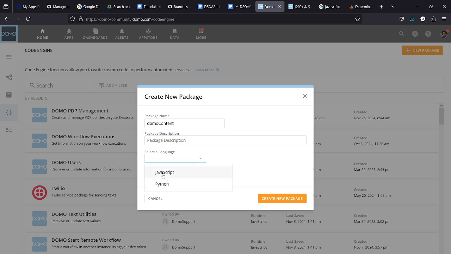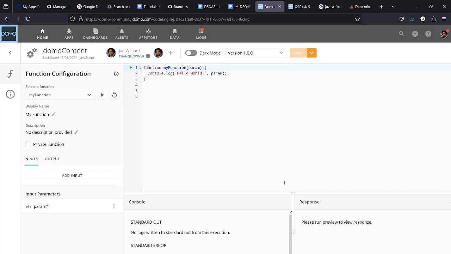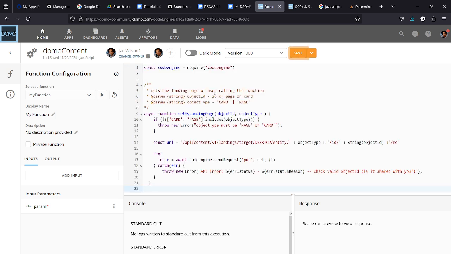So one of the problems one of my coworkers came up with was this question of how can I set my landing page in an app? Let's say I have a dashboard and I want to have a button that allows the user to push that button and make that their landing page. Now I'm not going to talk through how you code that into your DDX function or whatever, but we are going to take a quick look at